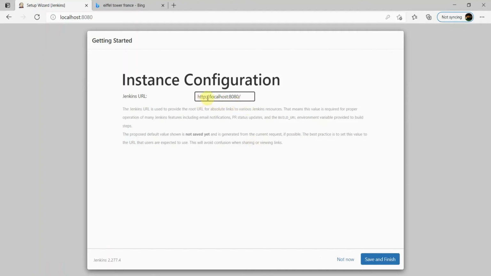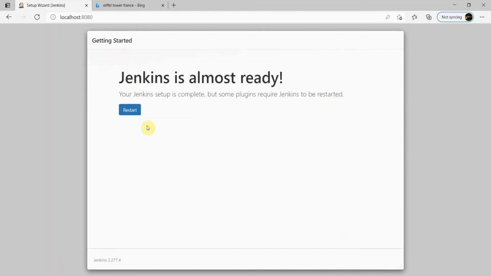So here the URL is localhost and the port number is 8080. Save and finish, and our installation is almost done. Jenkins is almost ready. So restart.